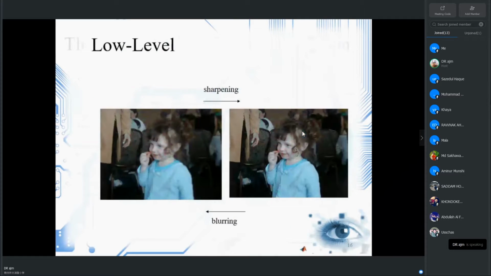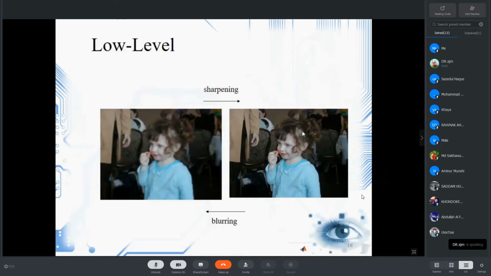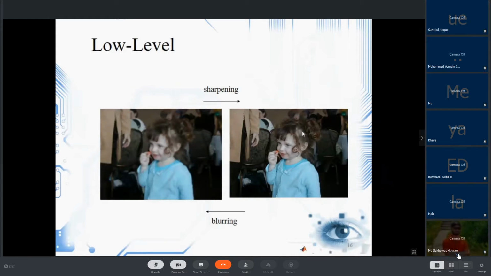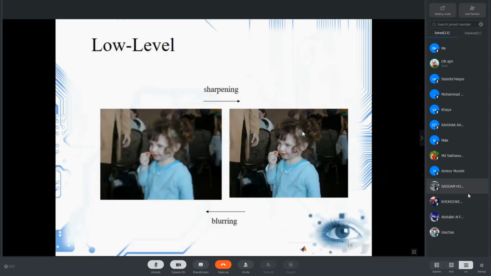In the low level, suppose I have some figure or picture which does not have good quality or is blurry. Then I can work on that and make it sharper. I can reconstruct the image and make it nice. It's very good. Even before the digital camera came into the picture, when you took a photo, it would take one or two days to find out whether the photo was good or not. Then maybe you lost an event, and that photo didn't have good